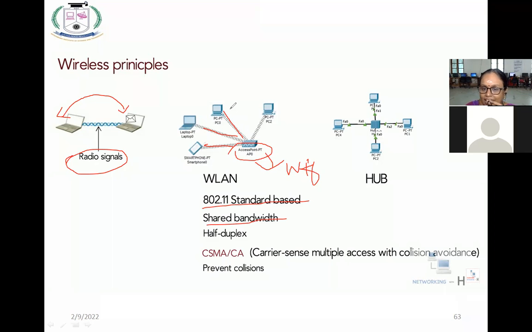Okay, so each and every channel will be half duplex. We all know it will do send or receive, but both will not happen at a time. And we all know that CSMA/CA,